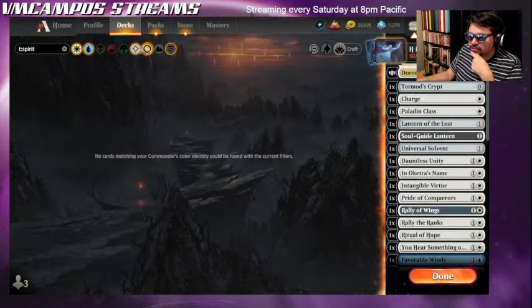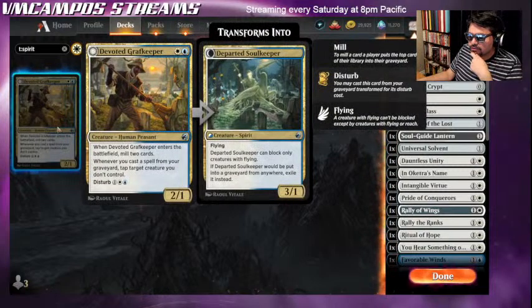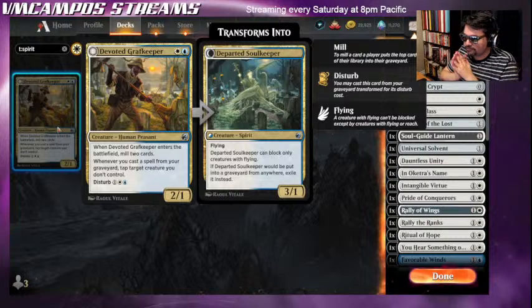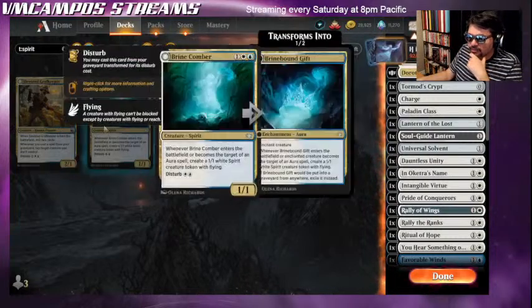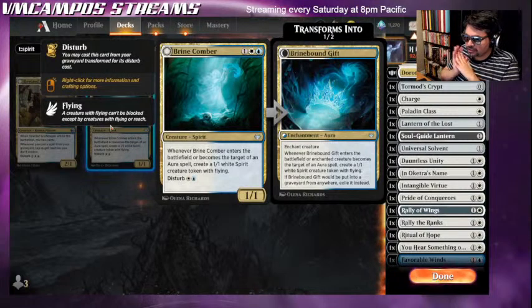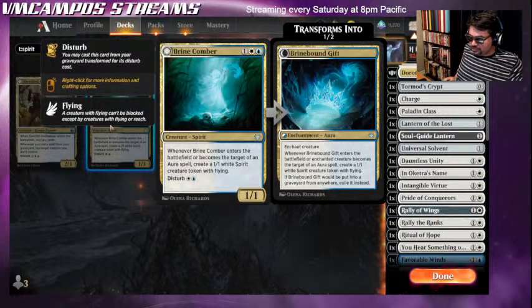Let's look at the multicolored ones. Devoted Grafkeeper, Human Peasant, you mill. Whenever you cast a spell from your graveyard, tap a creature. Then Disturb as a 3/1 flyer. So that might be a possibility. Brine Comber, it's a 1/1. When this enters or becomes the target of an aura, create a 1/1 spirit. Okay, we want this one in the deck because